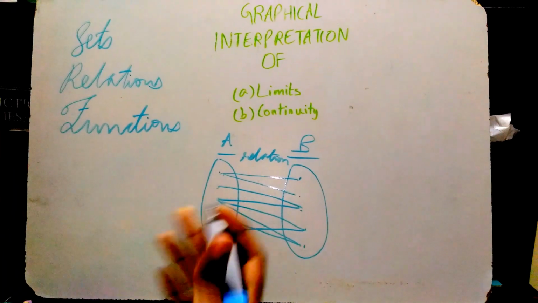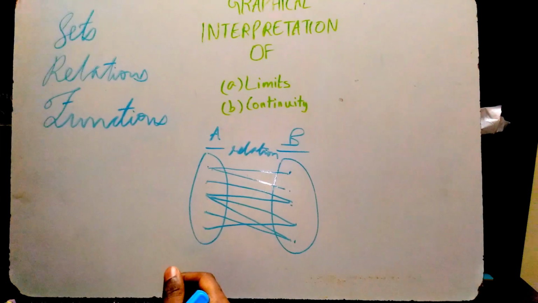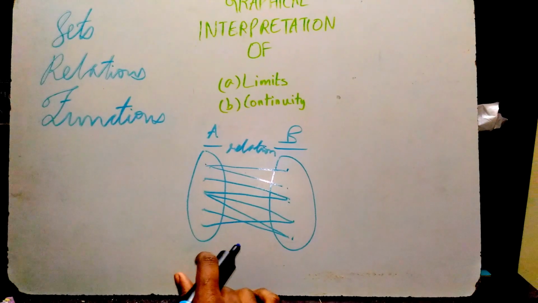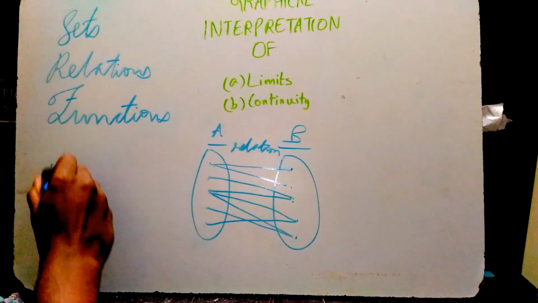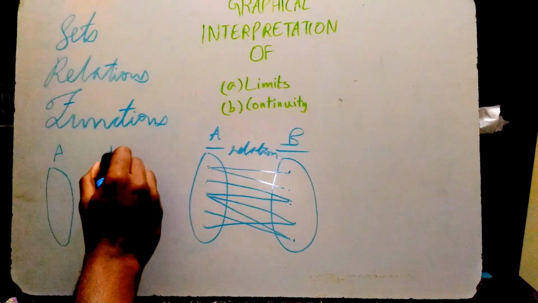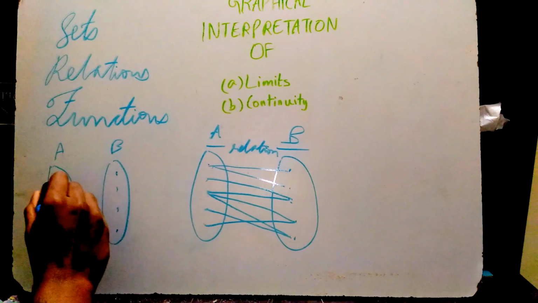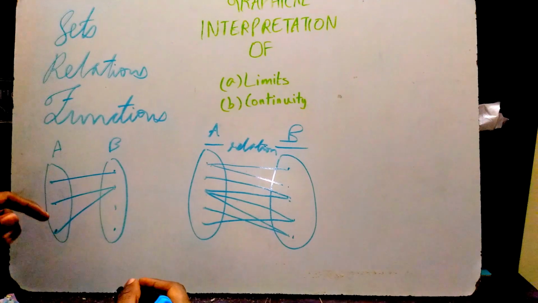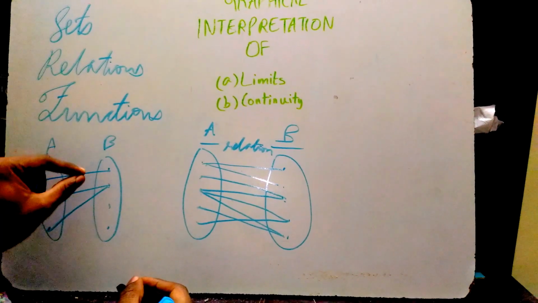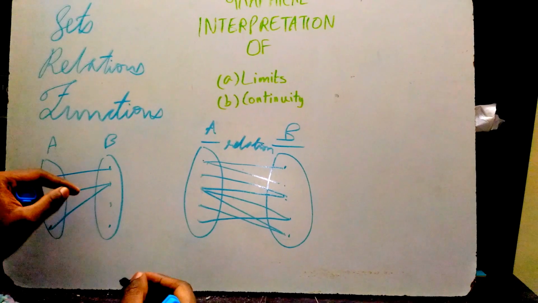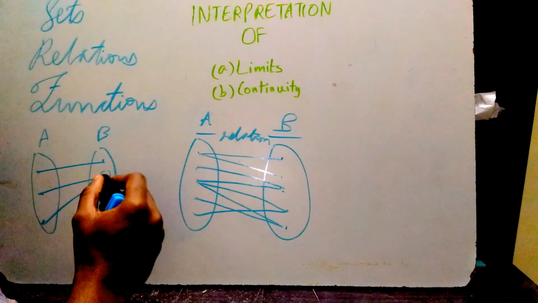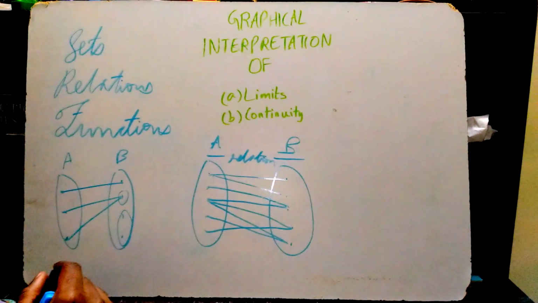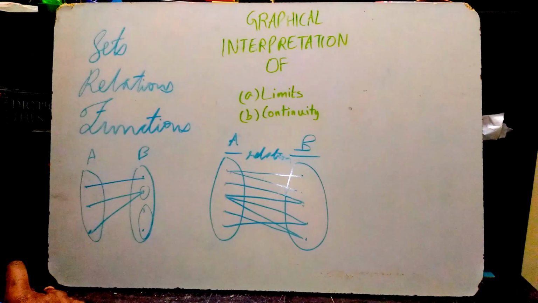Now, for a relation to be a function, each and every element has to be related, but only to one of the objects in set B. So an example would be, say, this is one example of a function. But if you notice, each and every element is related to an object of set B, but some objects are left out and some objects are related more than once. So that is possible in the case of a relation or function. An example.